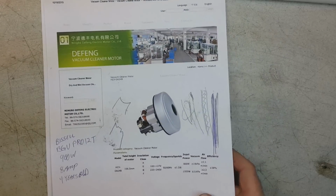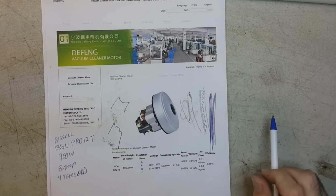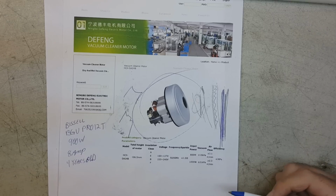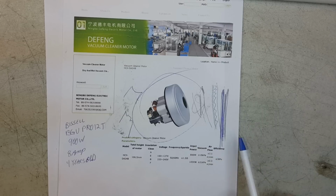But yeah, that was loud, explosive. It blew up in my face. It almost smashed my computer screen there. And it literally made a blast like a shotgun. So anyway, there you go. The Ningbo Defeng Electric Motor Company Limited vacuum cleaner motor from a Bissell commercial BGU Pro 12T. It didn't last 4 years,